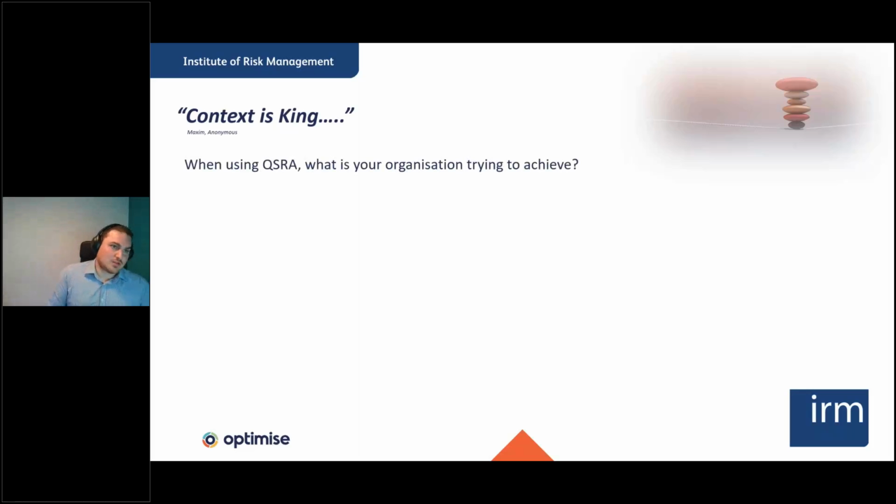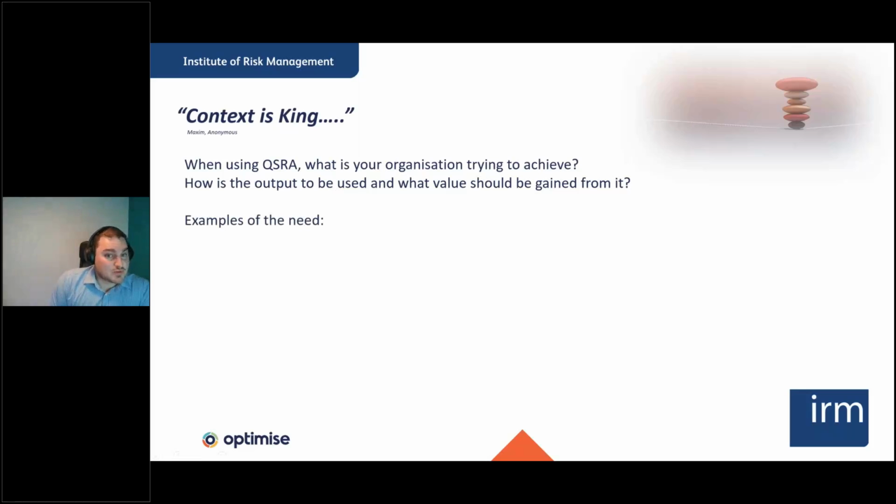So some of the key things we need to think before we start on a journey around how we use information from the bottom of the organisation to feed up into the top of the organisation is, when we're using the QSRA, what are we trying to achieve? What's the organisation trying to achieve by running that simulation, by running that model? What decisions being underpinned by it? How's the output to be used and what value should be gained from it? So we have to understand how things are going to be used up in the organisation to make sure that the inputs are all credible at the bottom and we get the right output from it.